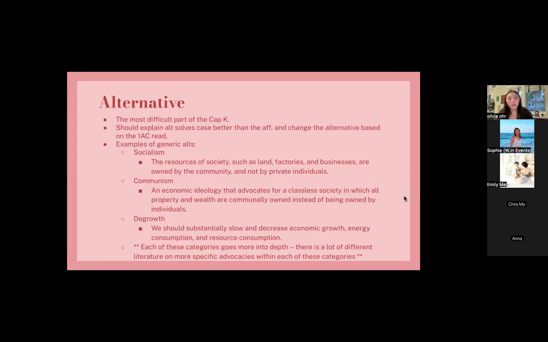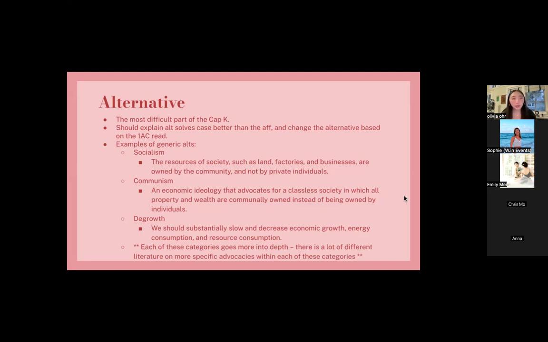You also want to make sure that your link and alt match up, because if your alternative is solely epistemic but the link you've read is material to the AFF, then you should also be reading a material alt. So think about what link arguments am I reading and what alternative would go best with that. And then, the alternative provides uniqueness for the link and impacts, so depending on what impacts you want to read, you should adjust the alternative based on that.